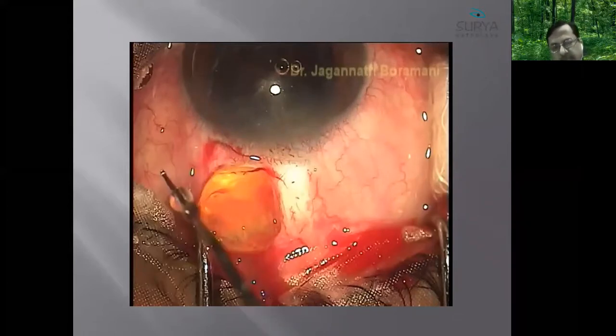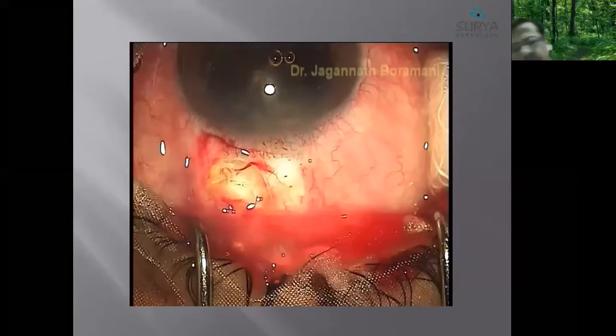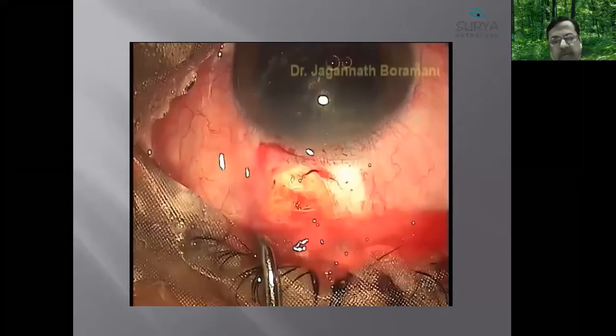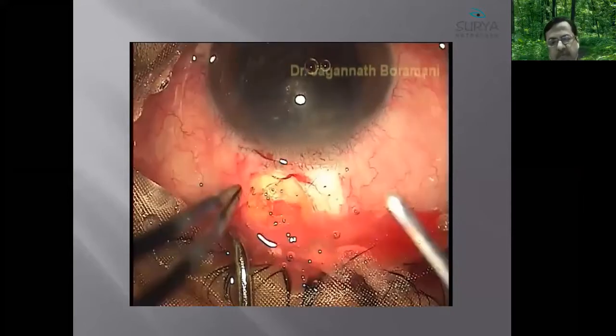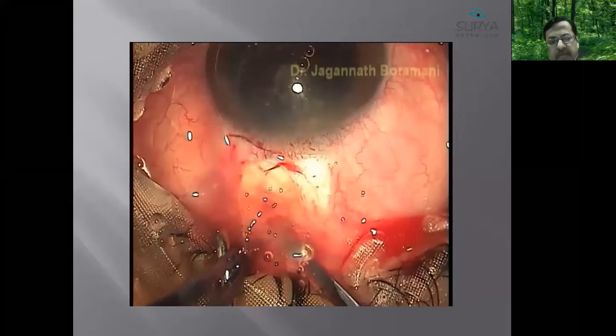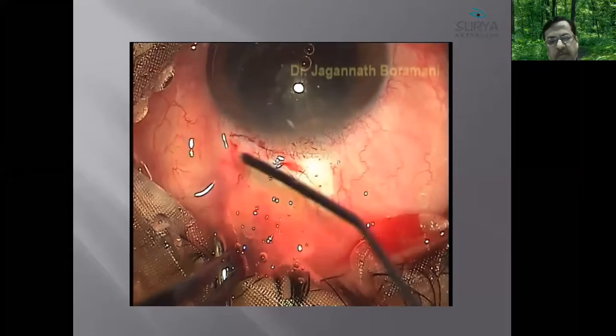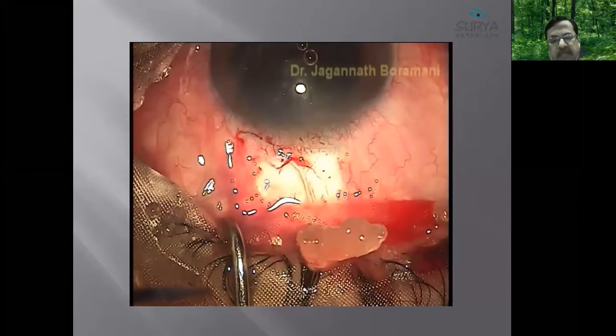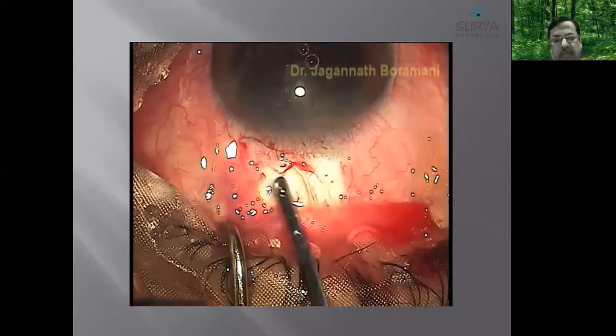So in my opinion, this endo expression is a very safe technique. It is not necessary that you have to do it with the AC maintainer. Even with viscoelastics, you can resort to this technique. It is a very safe technique, and the endothelium is preserved because there is no rubbing of the endothelium. Many times you try to take out the nucleus with the Vectis, but that time there is a risk of rubbing the endothelium with the nucleus.